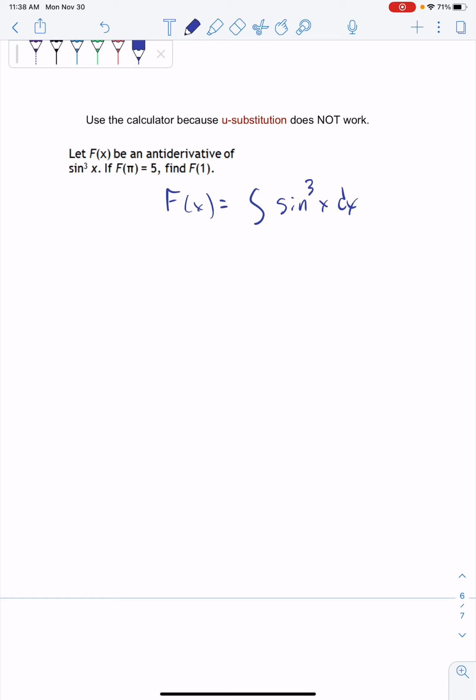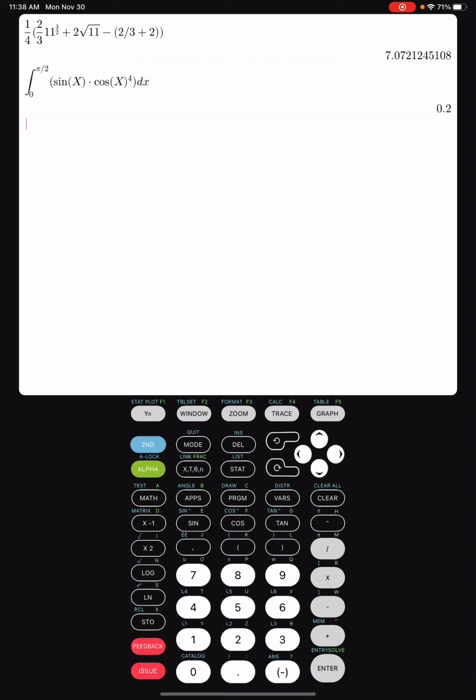So here's what I'm going to do. I'm going to go from 1 to pi. I'm not going to do this by hand because it's really ugly and nasty. So I'm going to go to my calculator, and I'm going to do math integral from 1 to 5, and my function is going to be sine of x, but you have to make sure that you cube that on the inside, right? Sine of x cubed. When I hit enter,